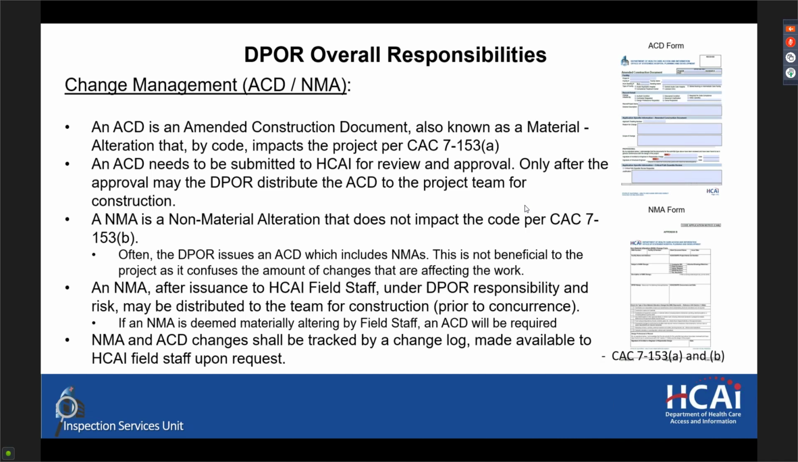So the main difference between NMAs and ACDs is that an NMA, after issuance to field staff and under the DPOR responsibility and risk, may be distributed to the team for construction prior to concurrence. So if a DPOR emails an NMA to me or any other field staff member on Tuesday of this week, and we haven't had a chance to look at it until next Monday, that NMA could be submitted to the contractor for construction prior to our concurrence, but you do need to understand